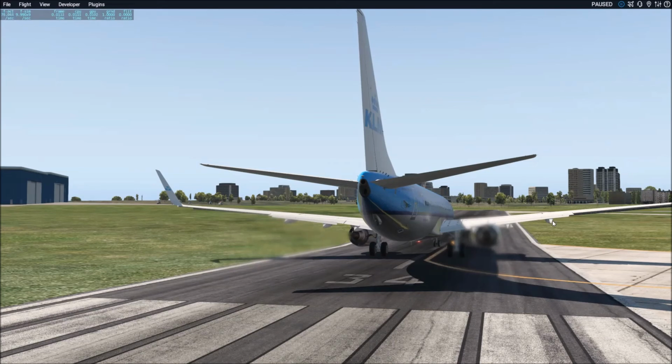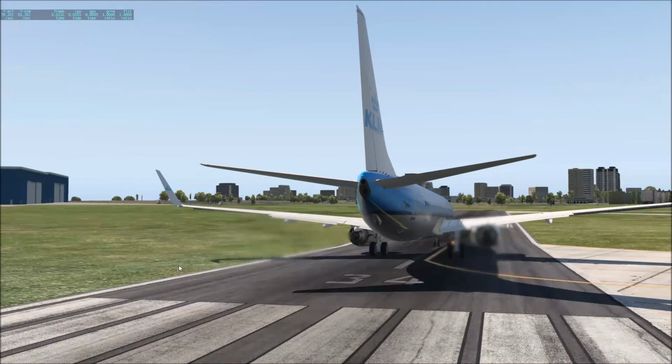Now from outside the plane, this is the radar. These are the flaps. The one on the top is the speed brake or the spoiler. These are the ailerons.